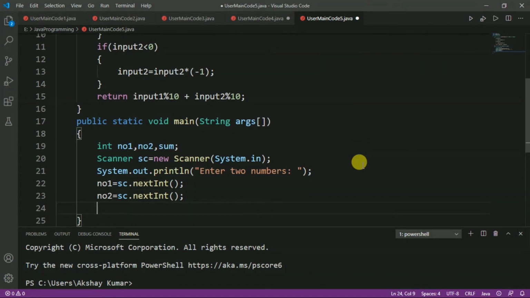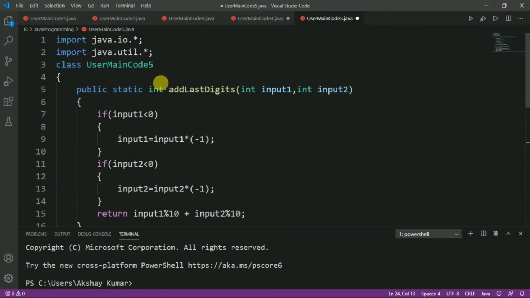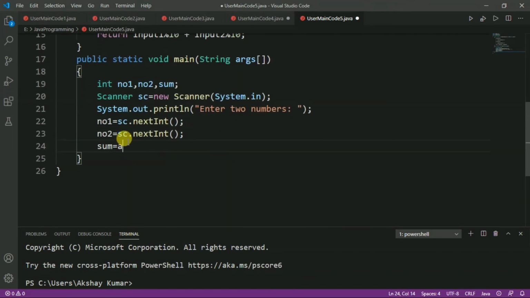After that we will call the function and store it into the sum variable. So here we can see that our function name is add last digits. So here we have to write the same, add last digits, and after that we have to pass the actual arguments, that is no1 and no2.